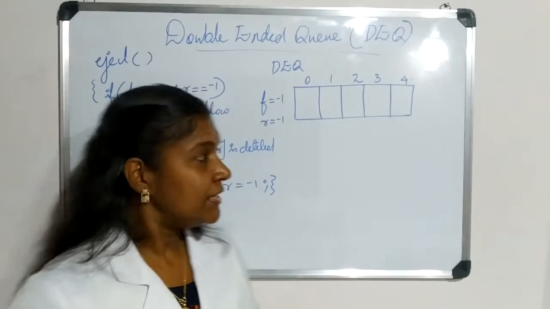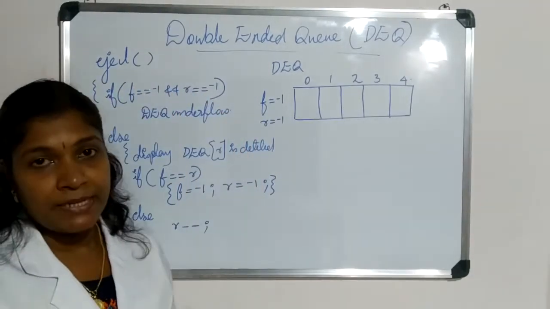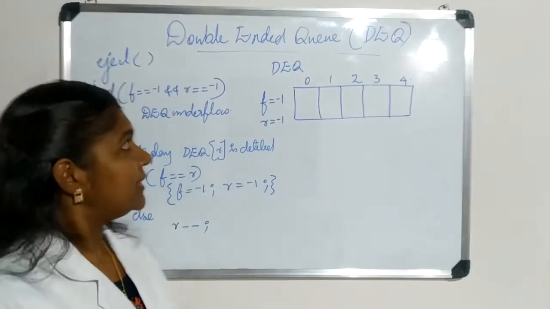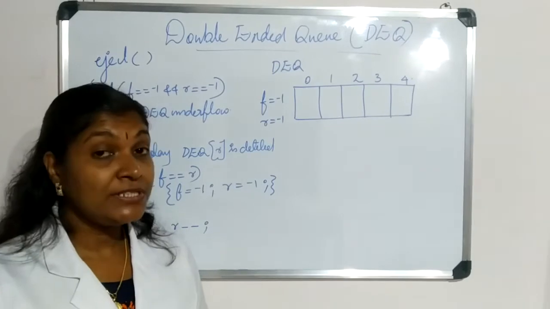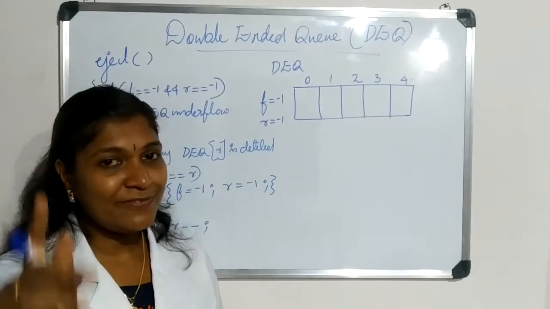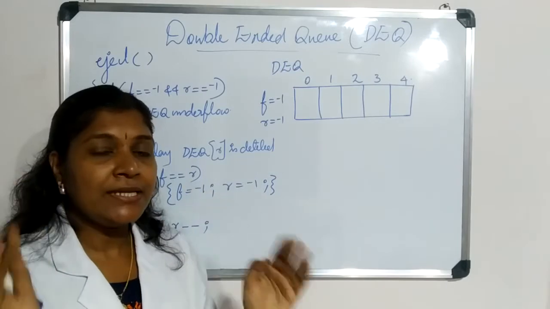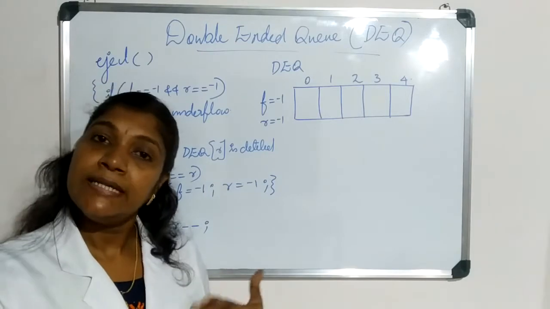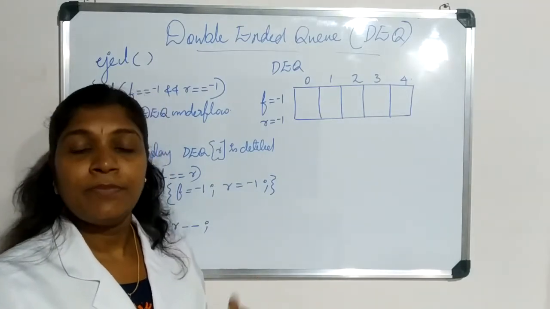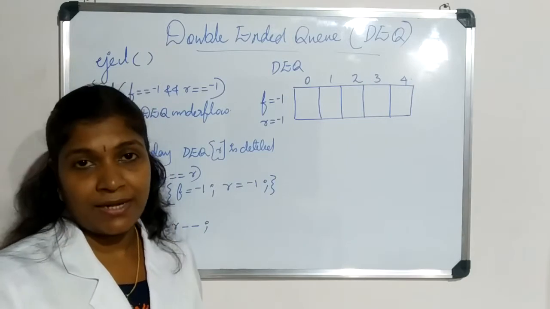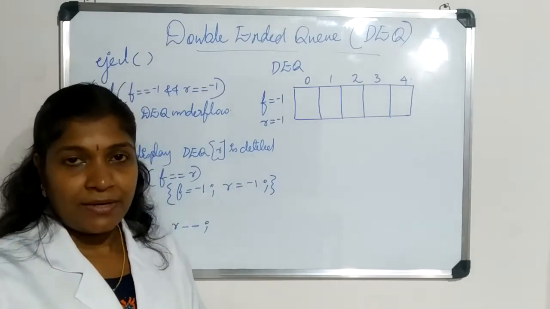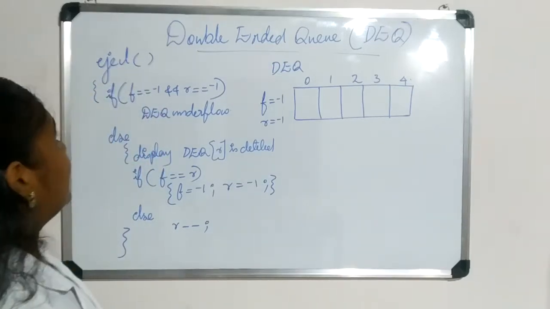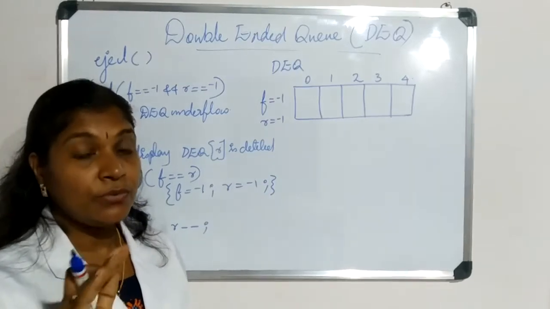So our next operation is the eject operation in a double-ended queue. So you know what is meant by the eject operation. You are clear with that concept right now. Okay. That is, eject means deletion through which end? Rear end. Don't get confused. Normally, just think about what operation was existing through the rear end. It was insertion of an element. So right now we are adding a deletion operation through the rear end. That is not the usual one, right? That is the extra operation we are using in our double-ended queue concept. So eject means deletion through the rear end.